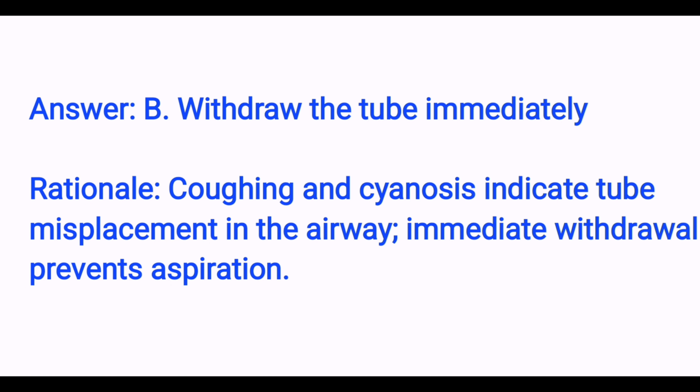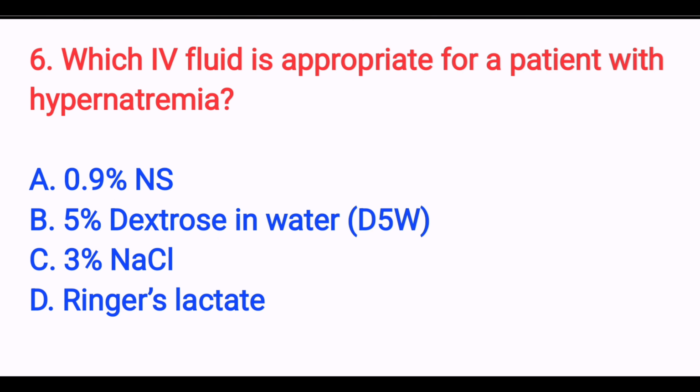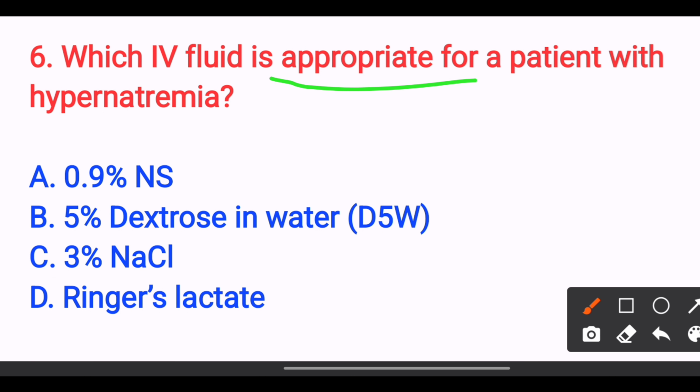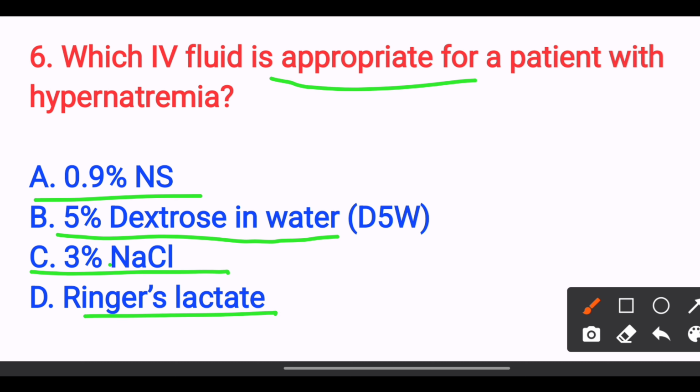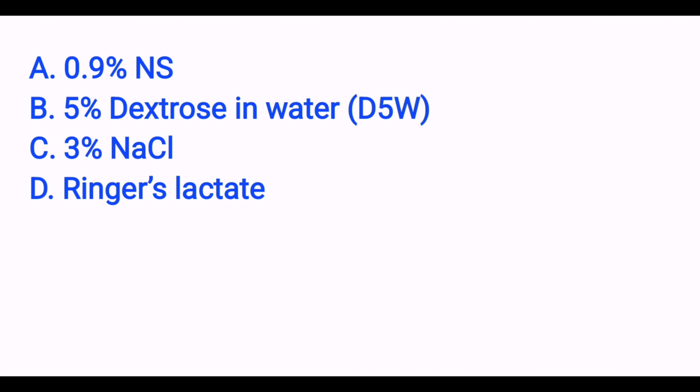Next, which fluid is appropriate for a patient with hypernatremia? Option A, 0.9% NS. Option B, 5% dextrose in water. Option C, 3% NaCl. Option D, Ringer's lactate. The answer is option B, 5% dextrose in water, because